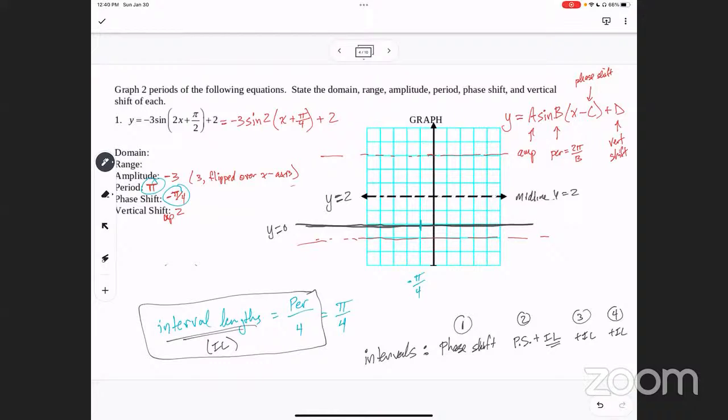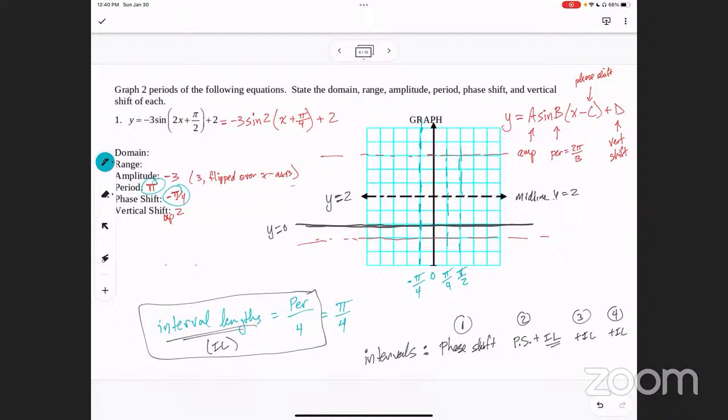Got it? You follow what I'm saying here? So this is easy because our interval lengths are pi over 4 and they're having us start at negative pi over 4. So the first one is going to be there. The second one is going to be at 0. The third one is going to be at pi over 4. And the fourth one's going to be at pi over 2. Got it? And so these are my intervals. If I put dotted lines here,